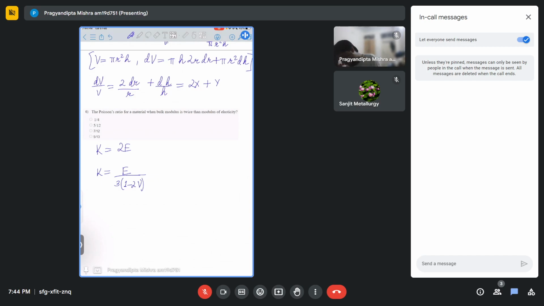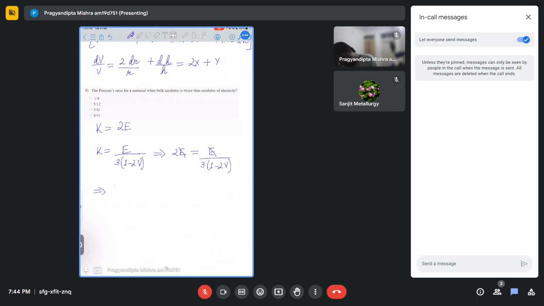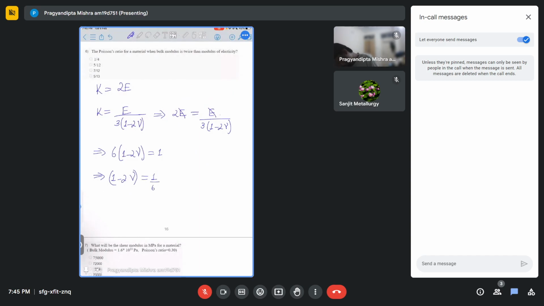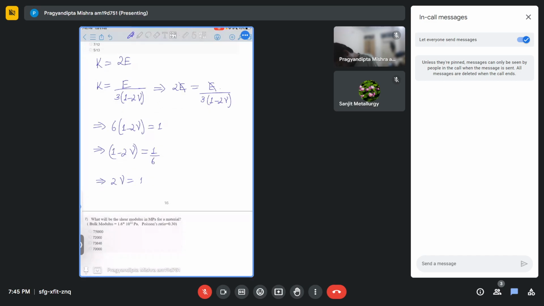Now K is equal to 2 times E. If I substitute, 2E equal to E divided by 3 times 1 minus 2 mu. E and E will get cancelled. So you have 6 times 1 minus 2 mu equal to 1. Right? Or solving it further, 1 minus 2 mu equal to 1 by 6, which is equal to 2 mu, 1 minus